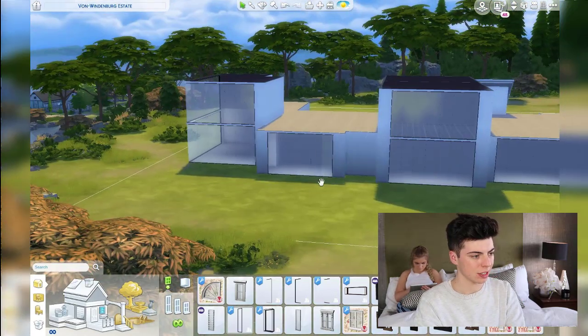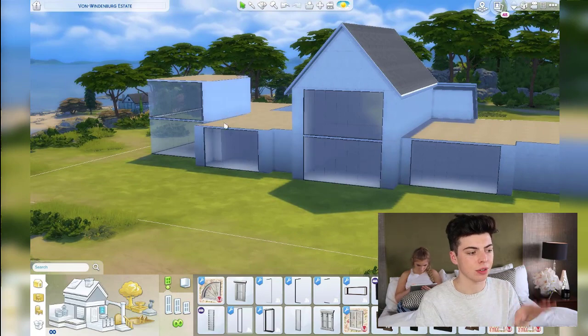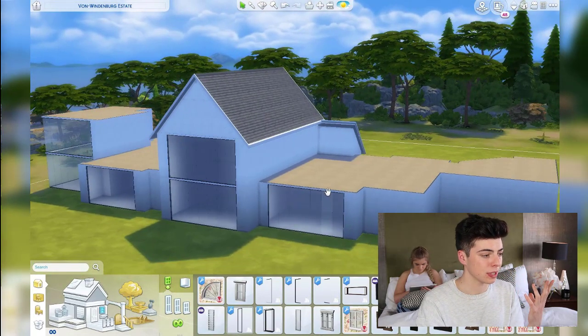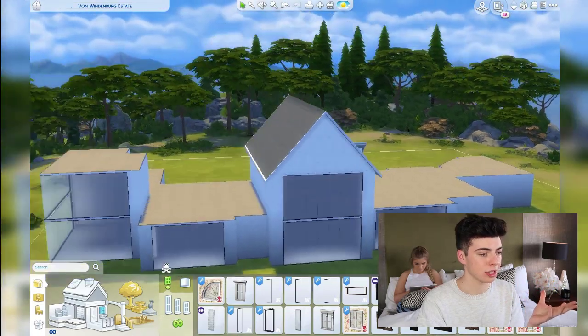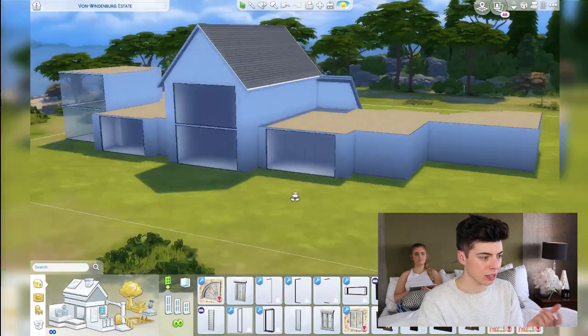Okay, I'm thinking this is looking cool. And then there'll be more details going in here along the wall, so it's not just going to be all windows. I might even put some shrubs, plants in front of it obviously, just so it's not completely exposed. And then also what I want to do is